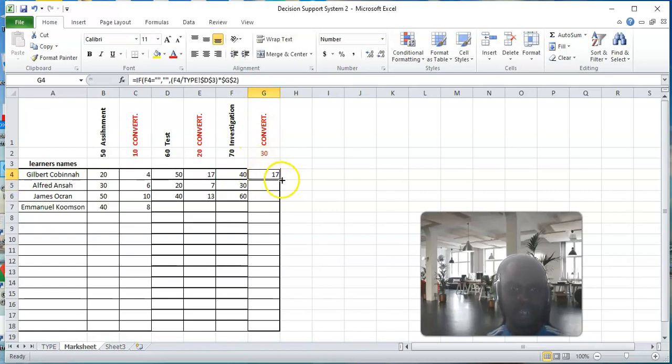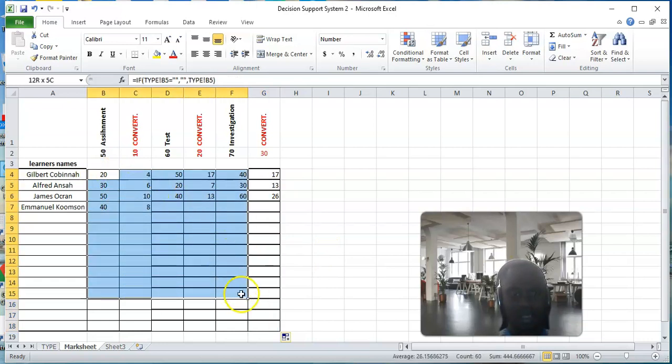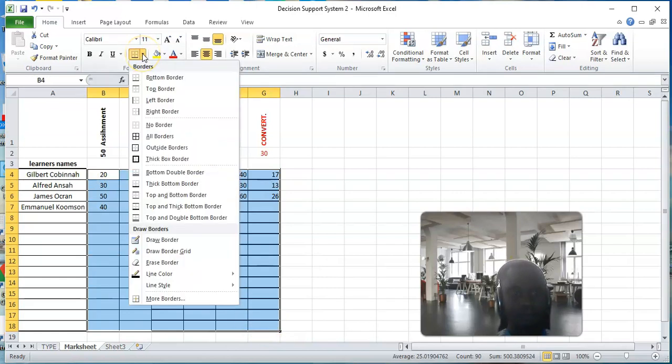So I'm going to drag it down. Okay. Let me just beautify the cell a bit. Let me beautify the page a bit. So here,